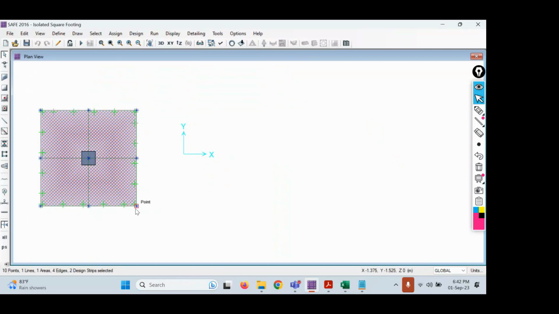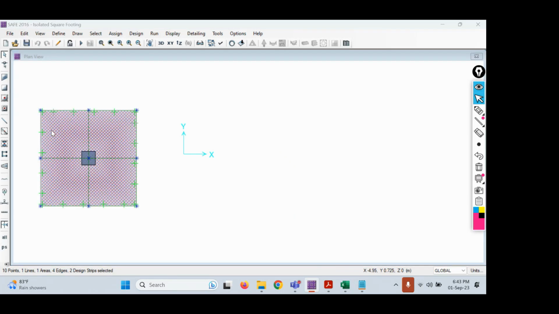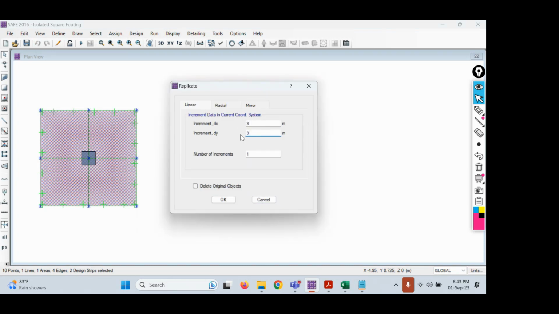Right. So once you do this, if you want to replicate this, however, we are not going to do it in the replicated section. I'll show you separately how to do that. Okay. I'll make a separate design model. Right. Select this one. Here you can see there is this option under Edit, which is called Replicate. You can see the shortcut here also, Control R. So click on Replicate. It will ask you where it has to replicate. So let's say 3 meters, 3 meters. Okay. And then the number of increments, how many replications you need. If you give 2,